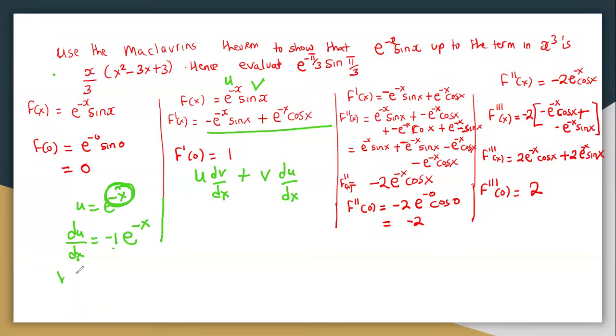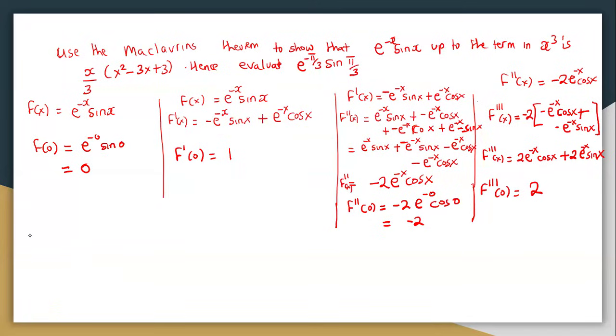Yes, teacher. What about when you differentiate sine x? What do you get? I get cos x. Cos of x. So your u is e power negative x, dv/dx is cos x, your v is sine x, and your du/dx is negative e to the negative x. So that's how we got this. Is it fine? Yes, teacher. But you can go back and review from the first steps such that you learn how to differentiate those